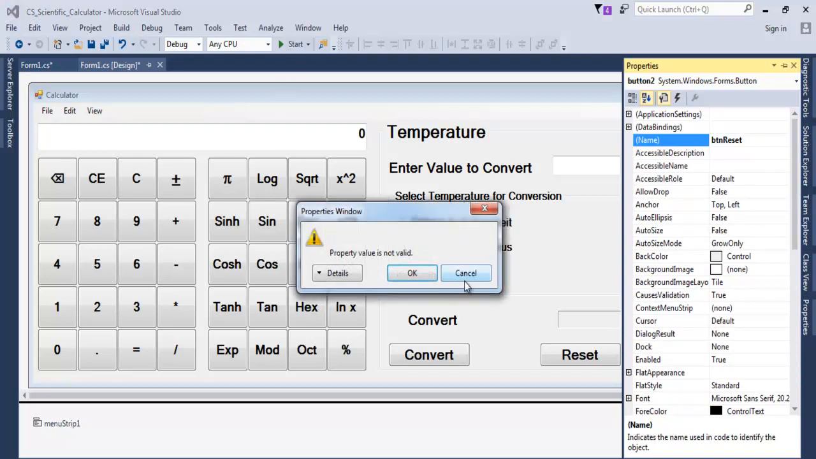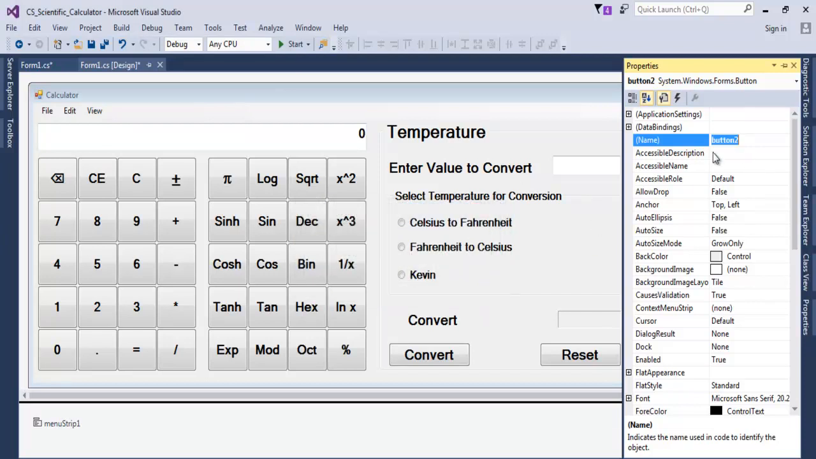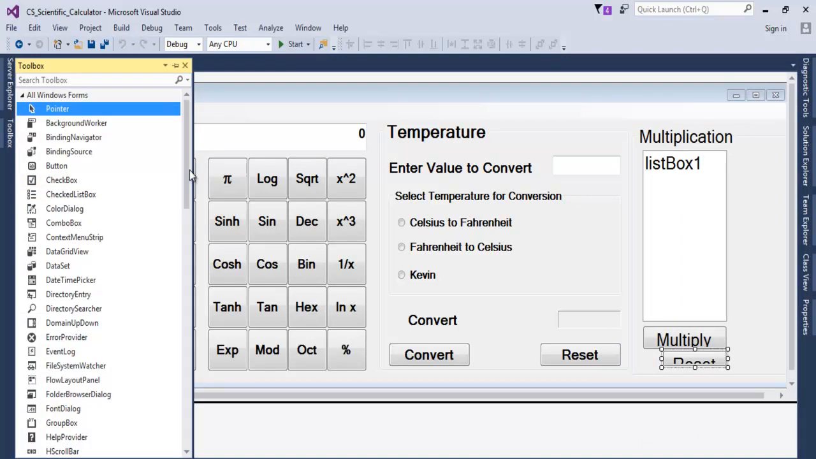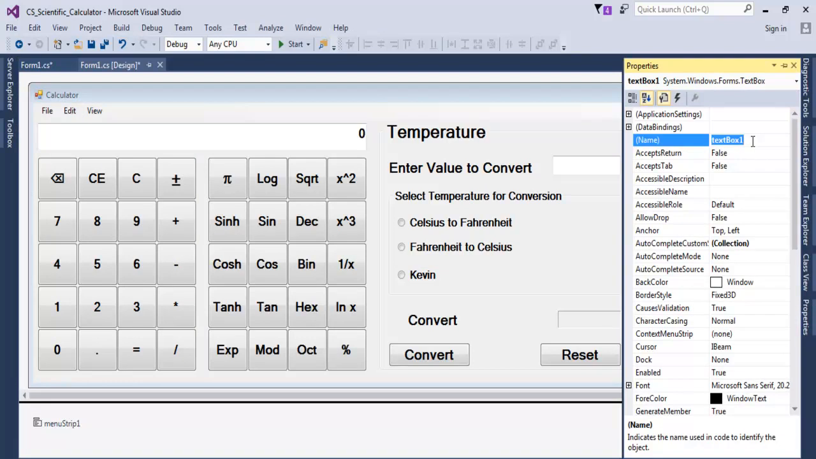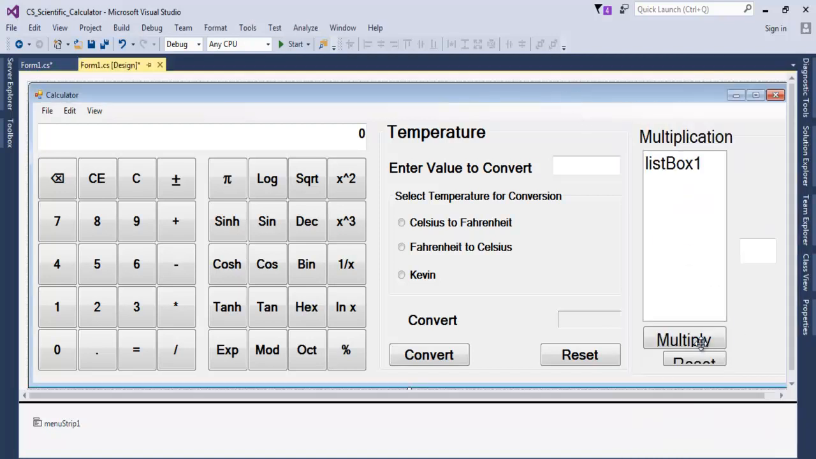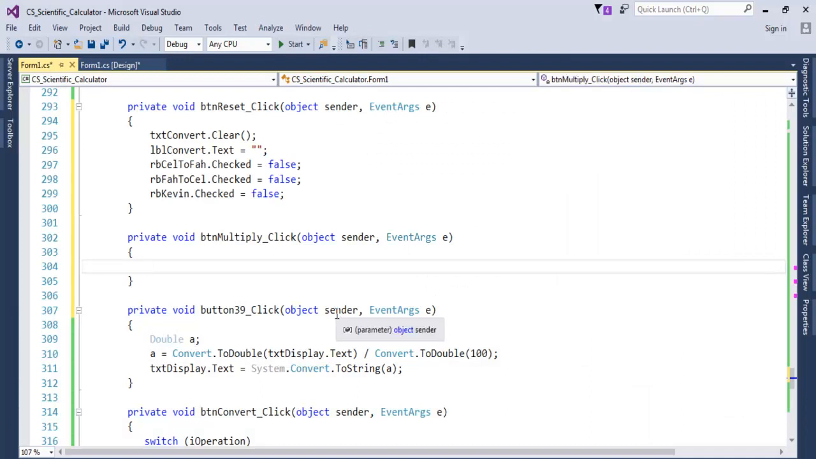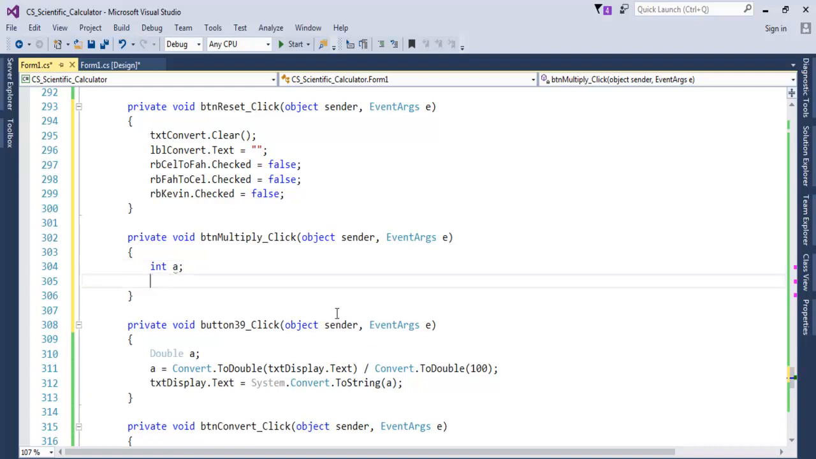Now, oh, there's one reset on the system. Okay, btn reset mult. Now we need a text box. That's a text box there. So that will be txt multiply. Alright, there. So double click on this and let's declare a local variable a, and in the case of a,